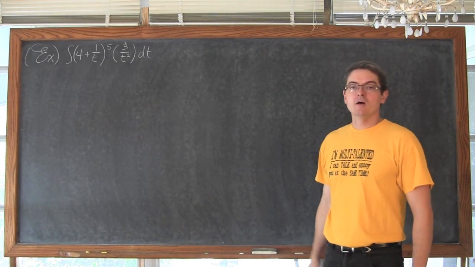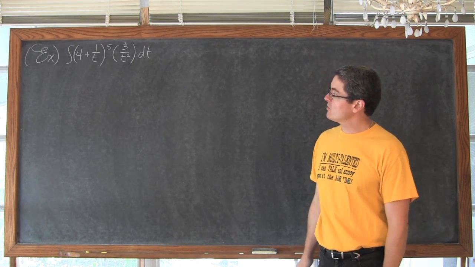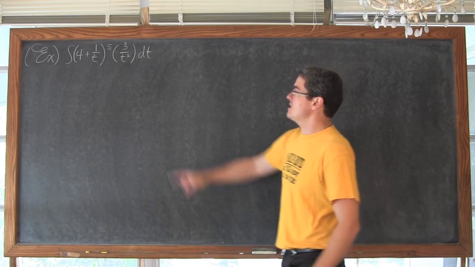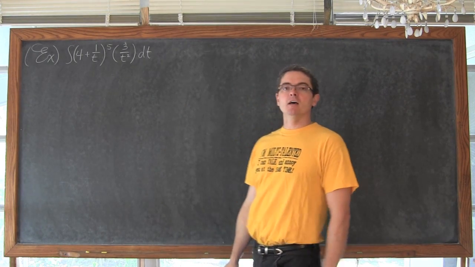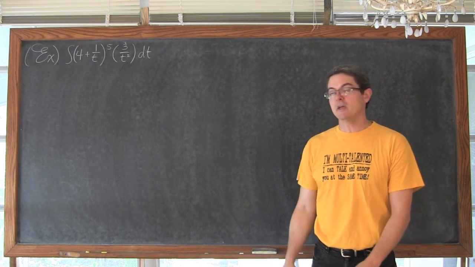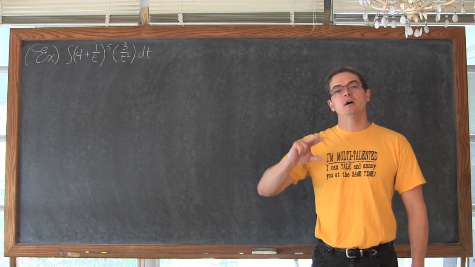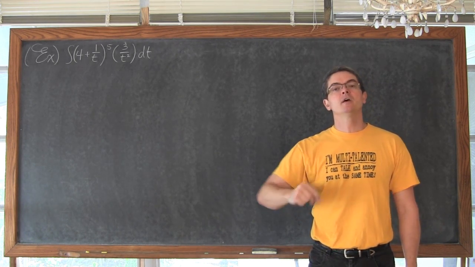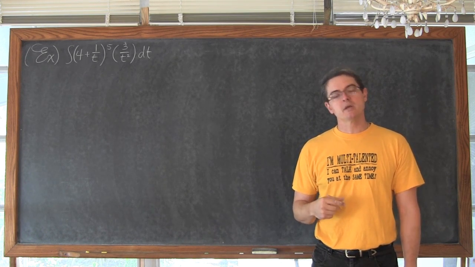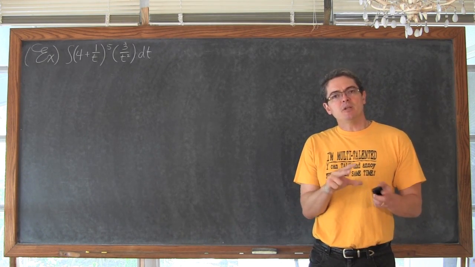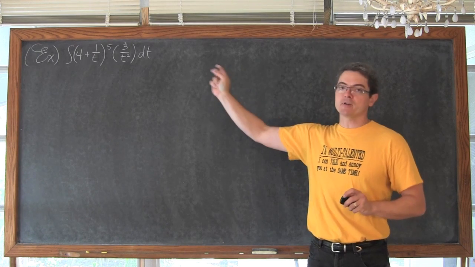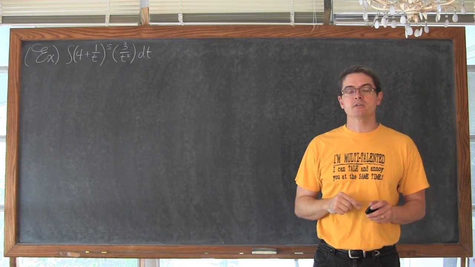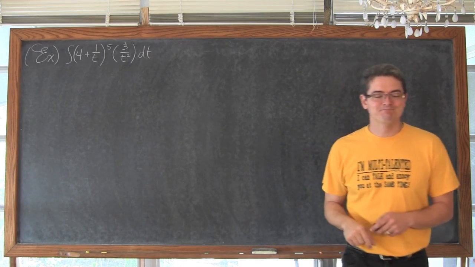Well, here we are. We're going to integrate. We would like to find the indefinite integral of (4 plus 1 over t) to the 5th power times 3 over t squared dt. Let's see if you can identify that inside function. So set up your u substitution, let u equal that inside function, and then figure out what du is. And if you need to, manipulate it a little bit so it will fit perfectly with the substitution process we're going to use for this integration.